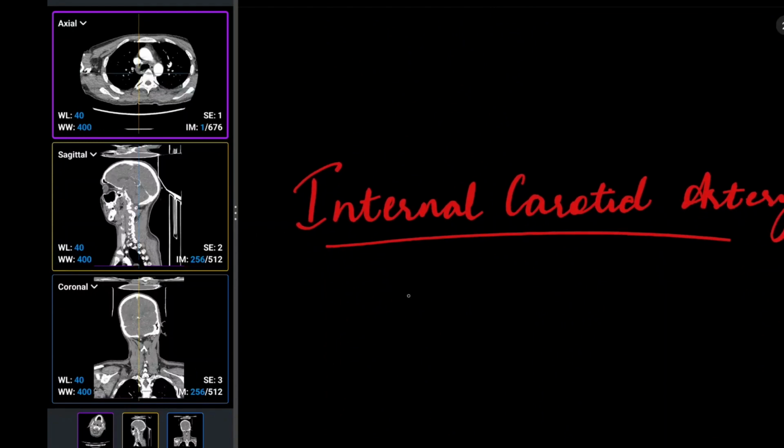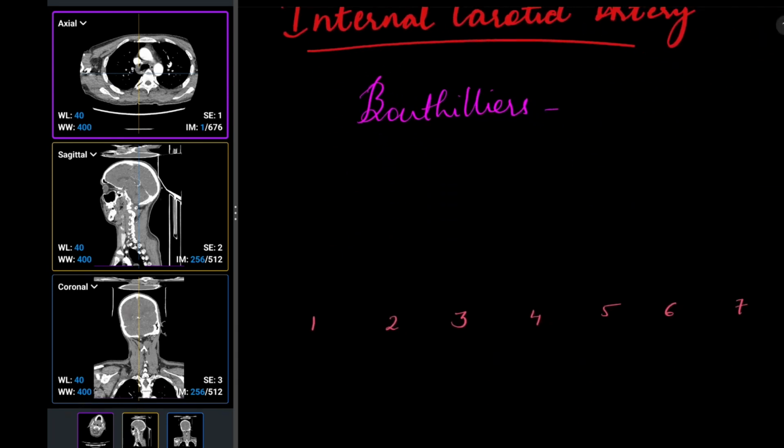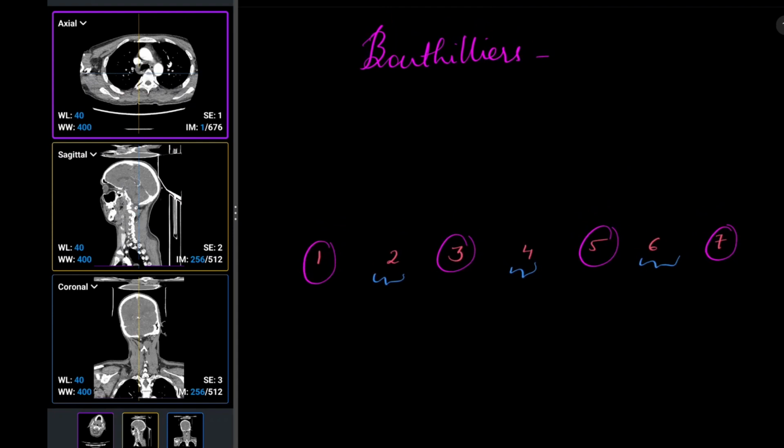Internal carotid artery is divided into 7 segments by Bouthillier. Therefore, it is called Bouthillier's classification. It has 7 segments, and the odd numbered segments, that is 1, 3, 5, and 7, essentially do not have any branches. The even numbered segments, that is 2, 4, and 6, have branches, and they have 2 branches each. So let's discuss the internal carotid artery and its course on this